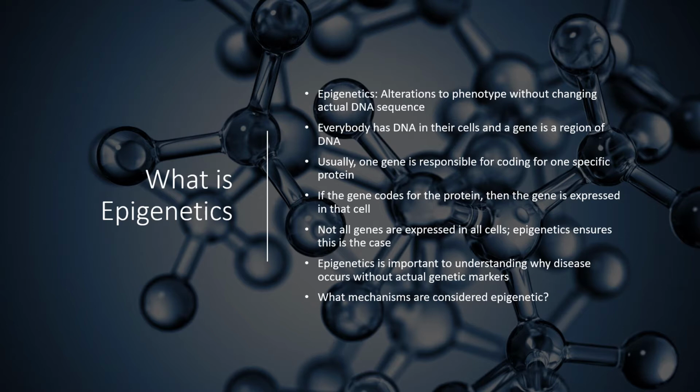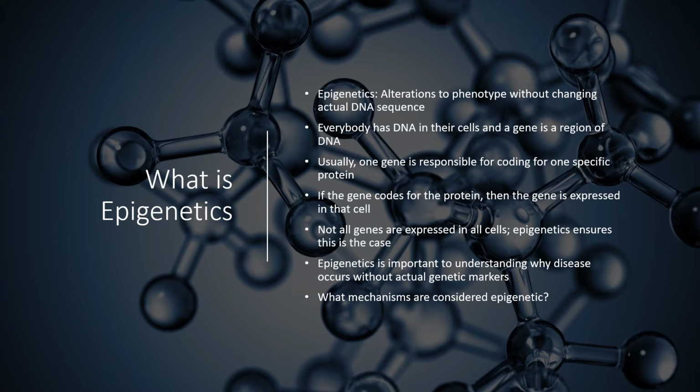DNA itself is a sequence of molecules called nucleotides, for which there are 4 types: adenine, guanine, cytosine, and thymine. For the sake of this presentation, cytosine is really the only relevant nucleotide, however. Sequences of nucleotides are organized into units called genes. Genes are organized this way because one gene usually codes for one protein. While this process seems straightforward, not all genes are expressed or coded in all cells.